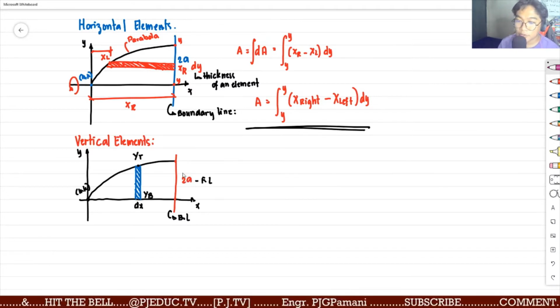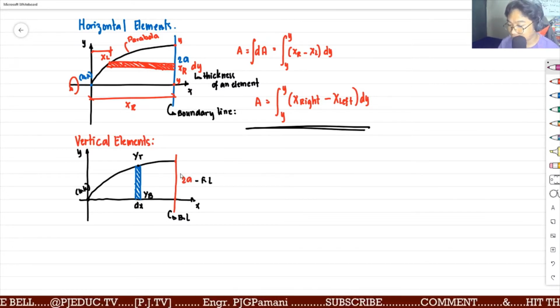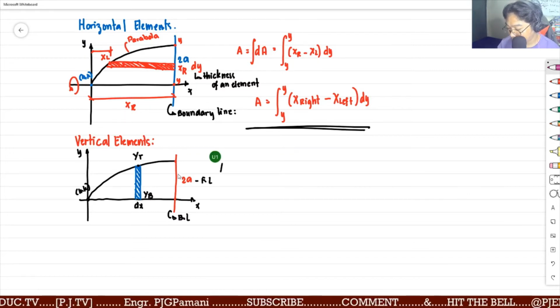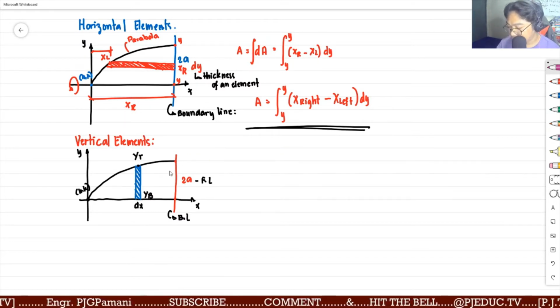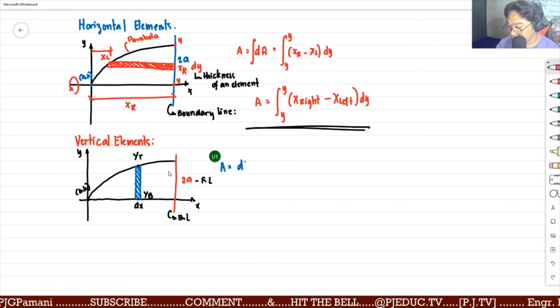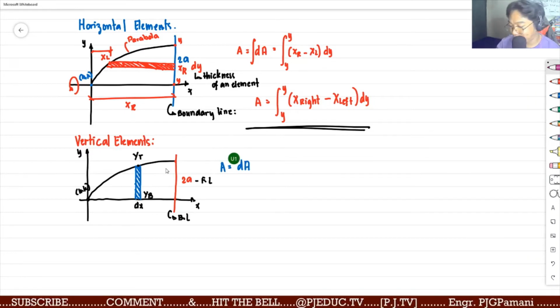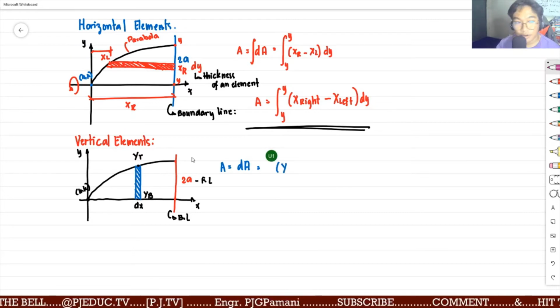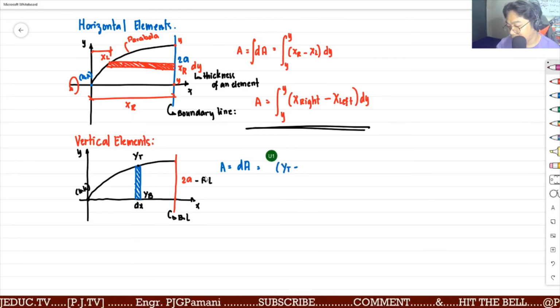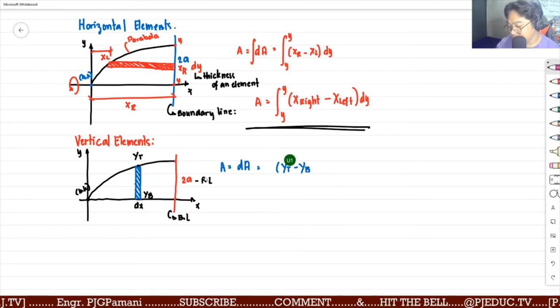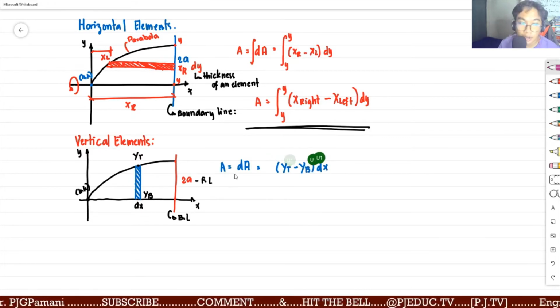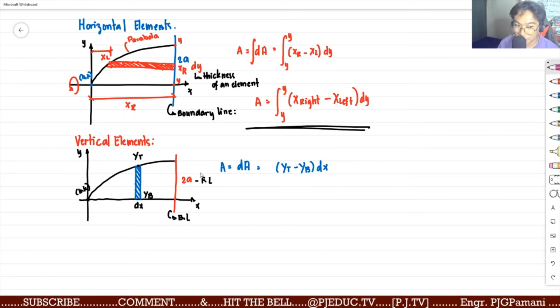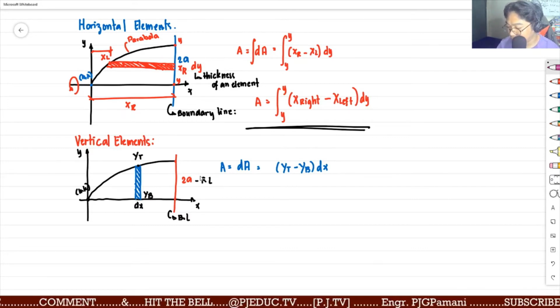So same goes with the formula of considering horizontal elements. Area is equal to the differential area of the assumed strip element, equal now to the difference of the top equation minus the bottom equation times the thickness of the strip. Then integrate both sides